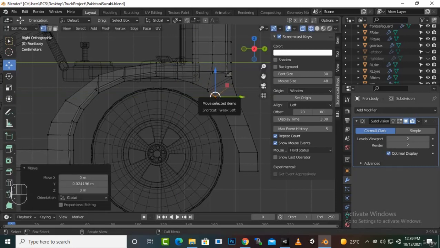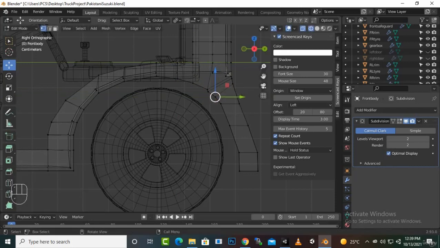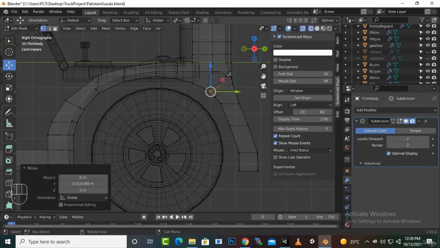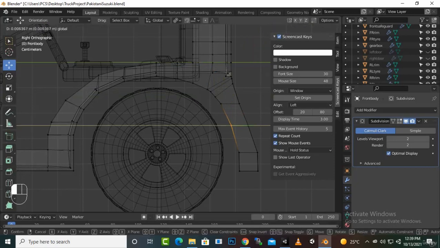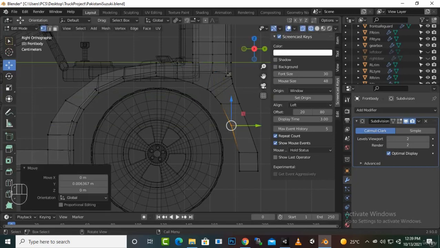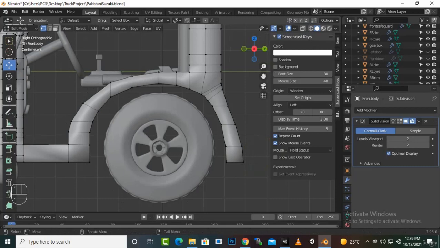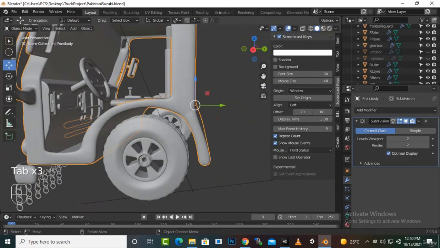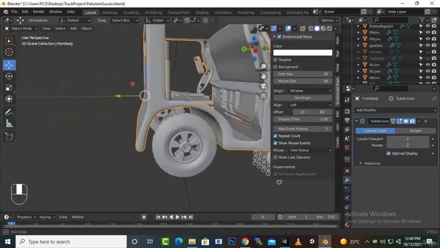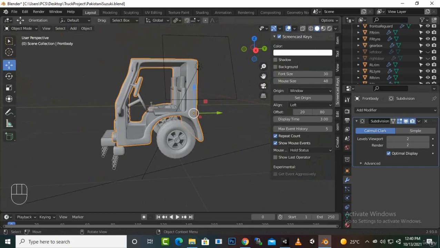So we want to manipulate these vertices so that we can get some shape of a tire edge or tire border, you can see, and that's it, I think. So now if we go to shaded view, and if we press Tab after enabling this subdivision surface, you can see that we have a nice cut, and that is good actually, okay,